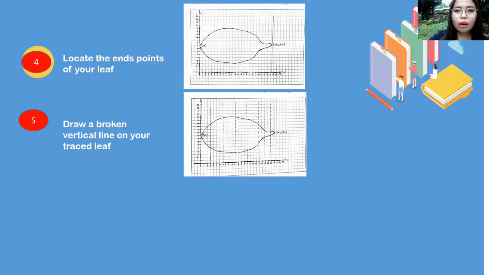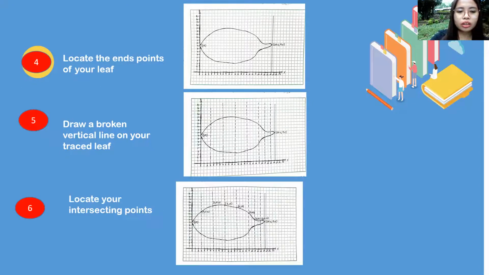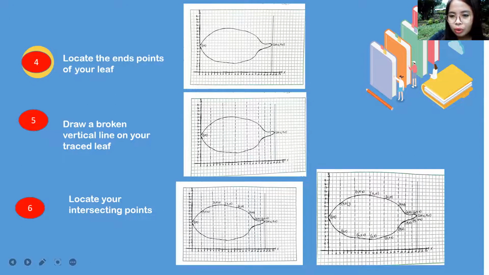So the purpose of having plenty of broken vertical lines is for us to get the intersecting points. So in the sixth one, locate your intersecting points. So we have here the upper curve intersecting points: 0 and 9, 3 and 12.8, 7 and 14.8, 11 and 15, 15 and 14, 19 and